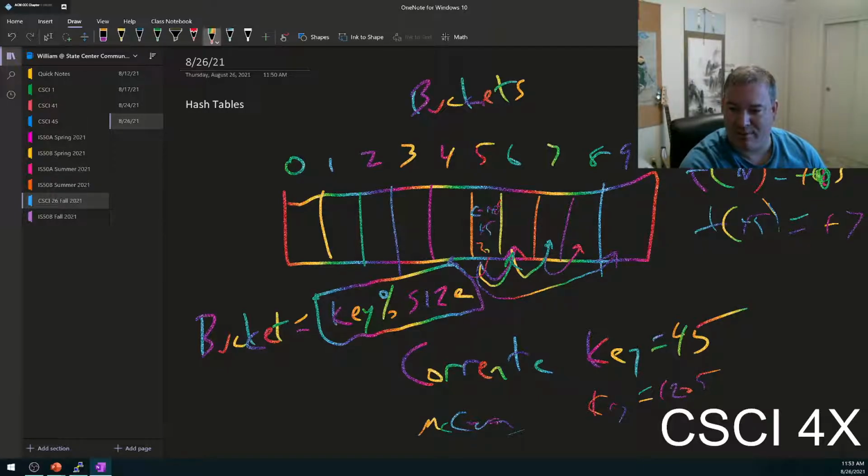So Corrente might be +3 and McCohen might be +7. And so what that does, it scatters the data. So if you get a collision, it scatters the data differently. With linear probing, you tend to get these clusters where everybody collides with each other and they go one to the right, one to the right, one to the right, and it forms these little islands of collisions. With quadratic and double hashing, it tends to scatter them across the array a little bit better, and when you benchmark them, which is what you're going to do,